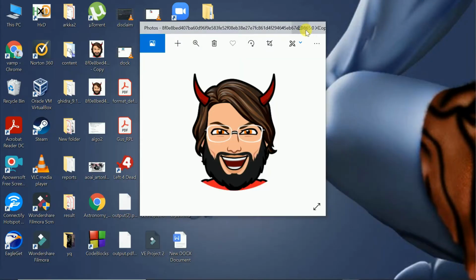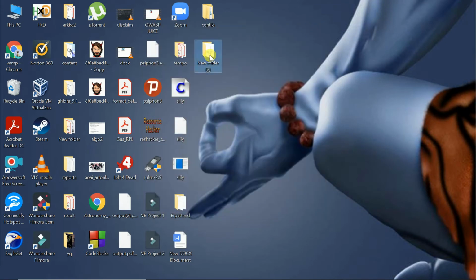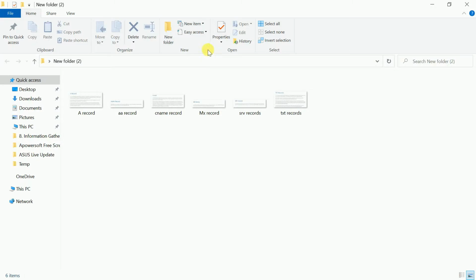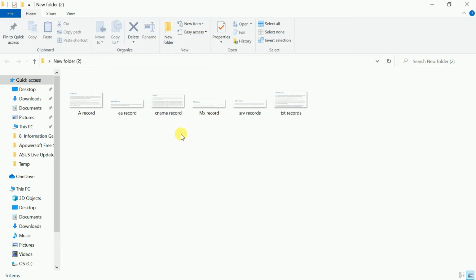The next one is, okay, let me close this, and let me open it because I have saved everything for you so that I don't have to go back to the website and show you. So the next record that I'm going to talk about, and don't get bored about these things, because if you really want to deep dive into web application pen testing, you should know about these basic things.